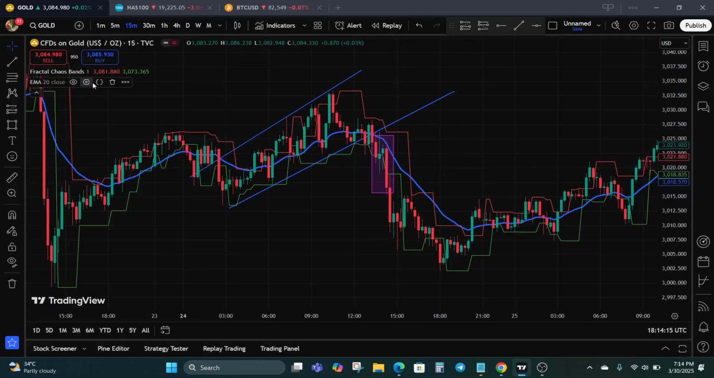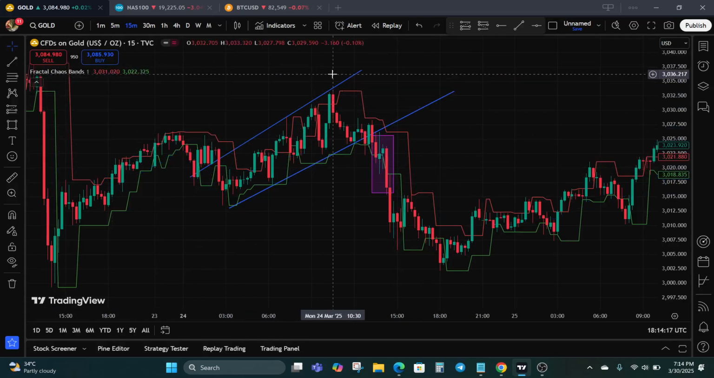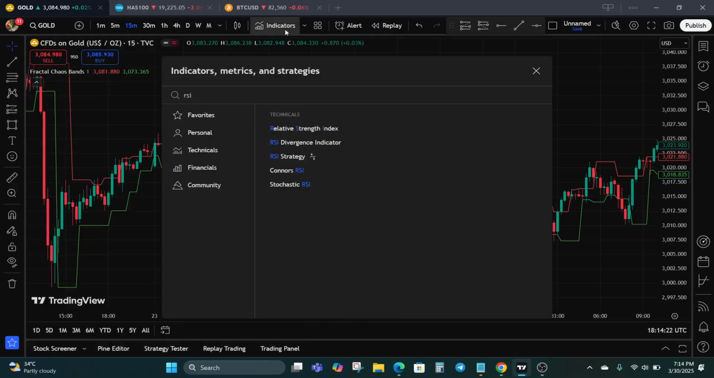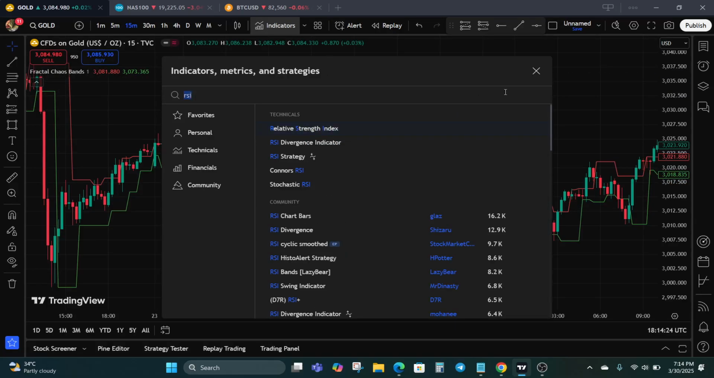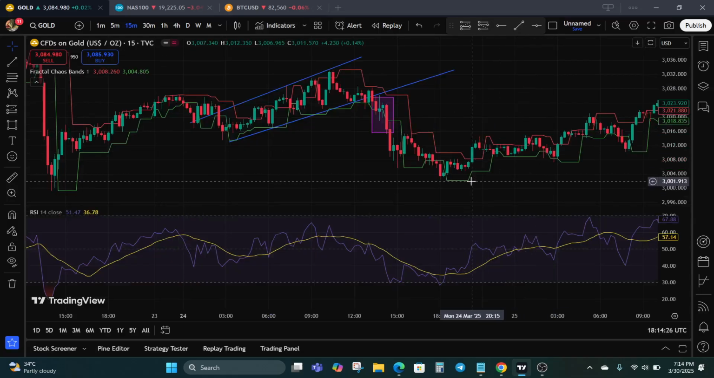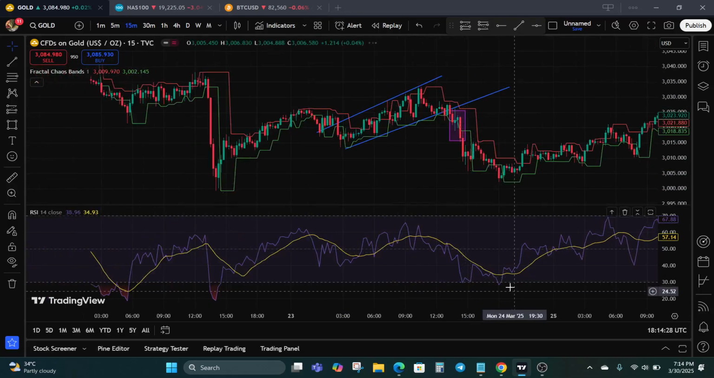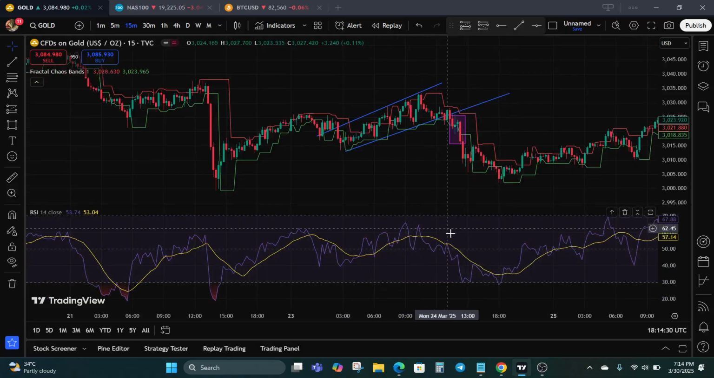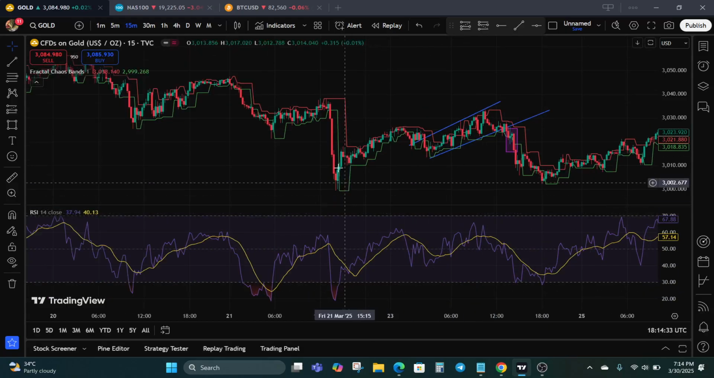You can also combine the fractal chaos bands with the RSI, right? The relative strength index, to filter out false breakout signals, right? The RSI helps you identify overbought and oversold zones. So whenever you have a buy signal, for example, or maybe have a breakout to a particular side, for example,